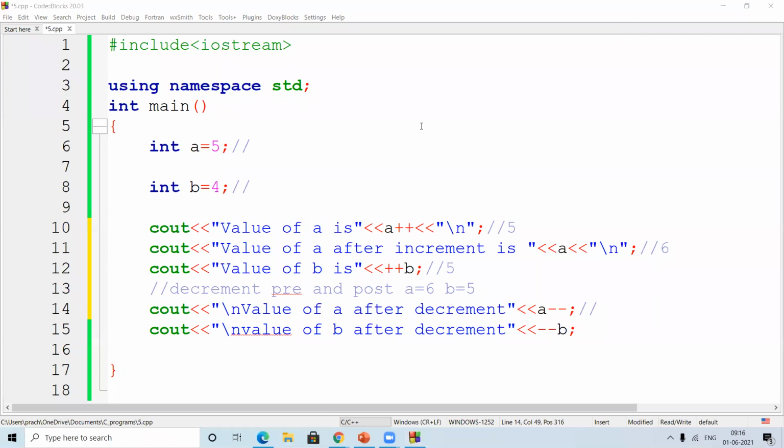The value of A will be 4. Okay. What was the value of A above the statement? It's 6. How can it be 4 now? It's post. So at this point, A value will be as it is. It is not going to decrement at this stage. It is going to decrement after one statement. Correct? So over here, वो अपने साथ उसको डिक्रीमेंट करता जाएगा. So B की वैल्यू 5 है, तो वो डिक्रीमेंट हो जाएगी 4. If someone was telling about B, then it's correct. For A, it's not.